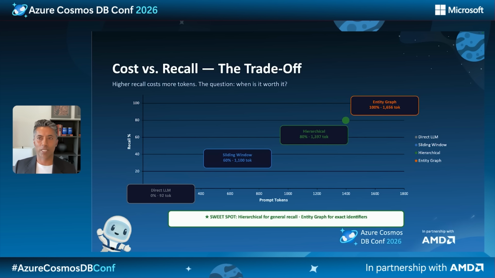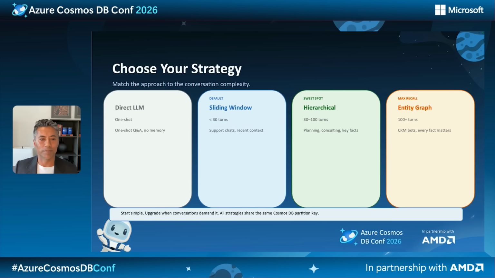And it's important because if your use case is literally less than 30 turns, you're better off going with sliding window because the cost is 1.5 times more in terms of entity graph. You're using the least amount of tokens. You're hoping you get the response also faster. So that's another cost to keep in mind, performance cost. Otherwise, if you really care about higher recall, well, in that particular scenario, entity graph would be a much better deal altogether. So an easy way to look at this would be sliding window for less than 30 turns,